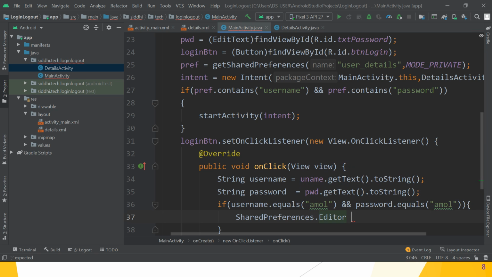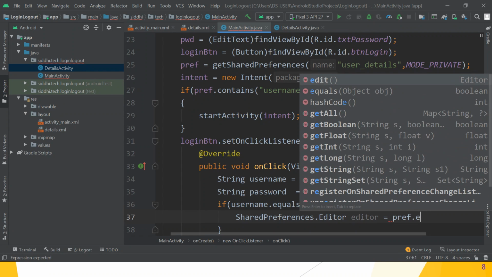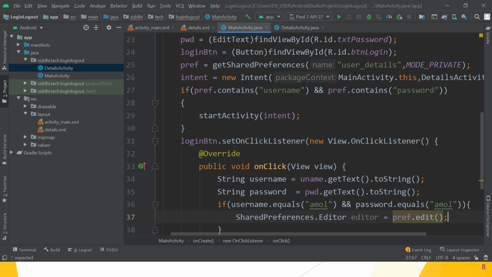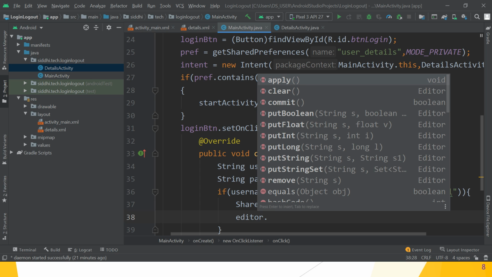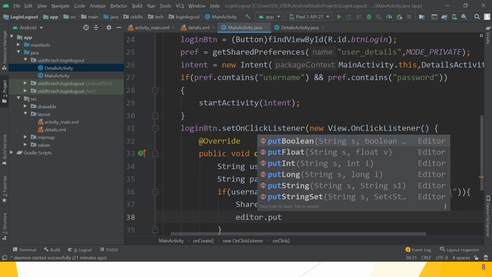That means if you want to make changes in your shared preference file, then we want to create an object of what? SharedPreferences.Editor. So SharedPreferences.Editor object editor is equal to, how to create the object? By using pref dot which method? The edit method. Great. Guys, hope you understand that. Yes. So after that, editor.putString method.